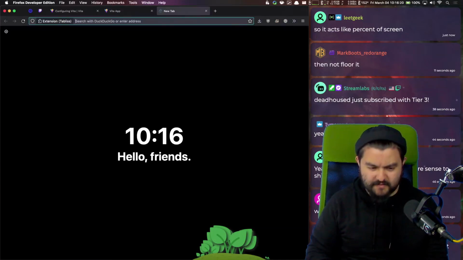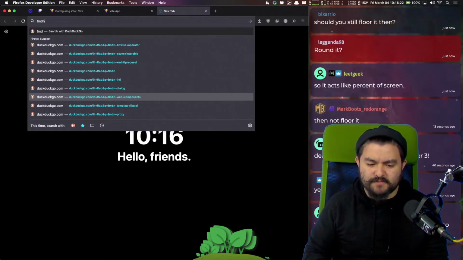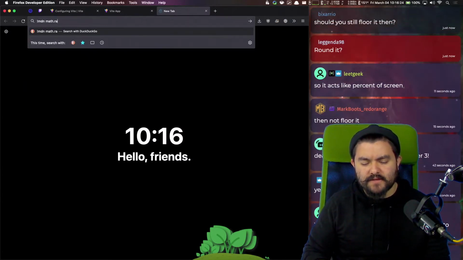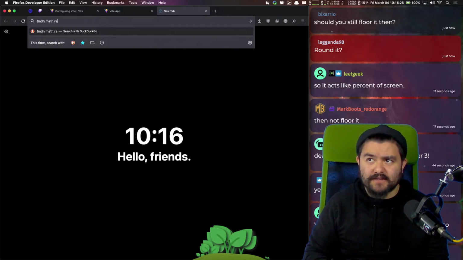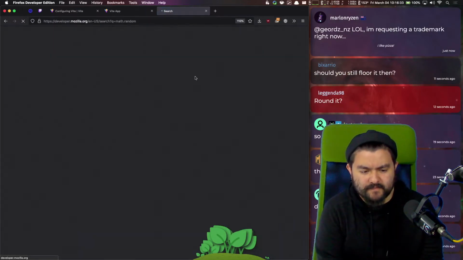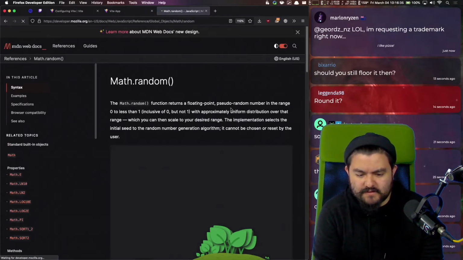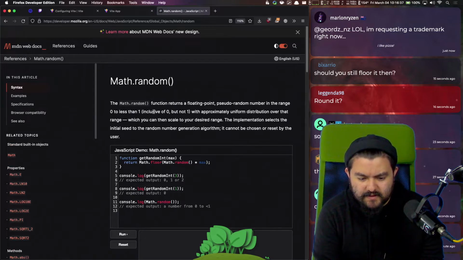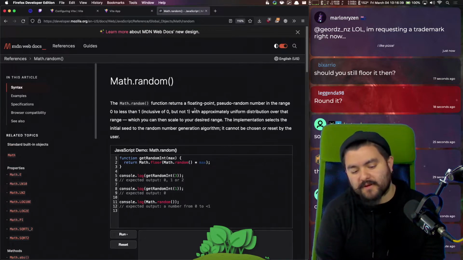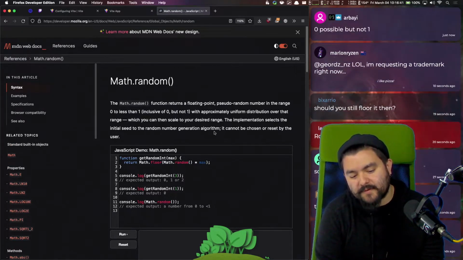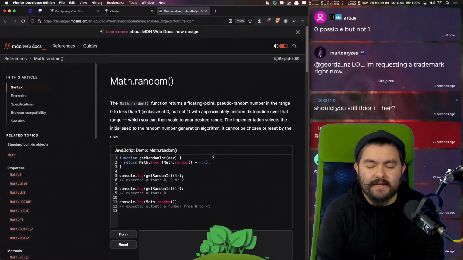I need to look up Math.random, because if the maximum possible value is 0.999999, we need it to be between 0 and 1. Yes, inclusive of 0 but not 1. So the maximum possible value is 0.99999999.